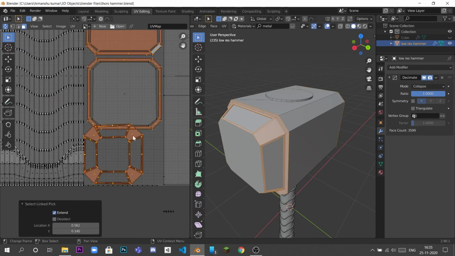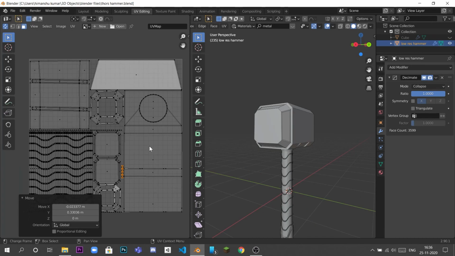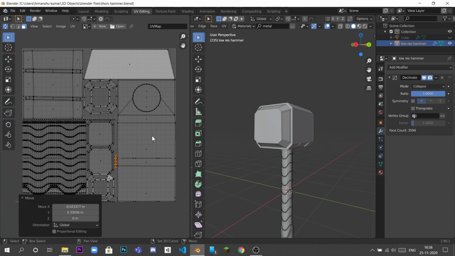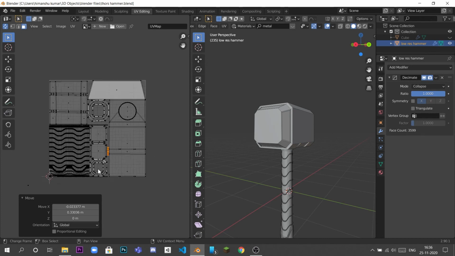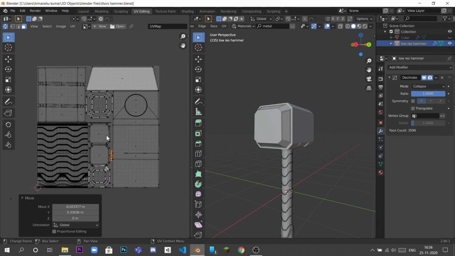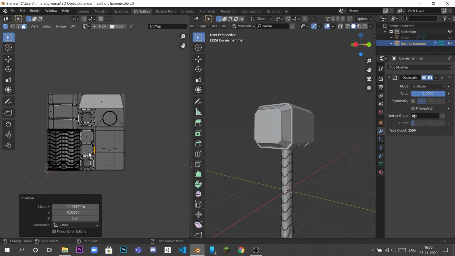I am trying hard to cover the maximum area I can and get the best quality. I tried this layout and it took me a little while to figure out how to unwrap it, and finally it is done. Unwrapping can be said to be the hardest thing. If you have a very complex model it may take more than the modeling time, if you want the texture to be the best.